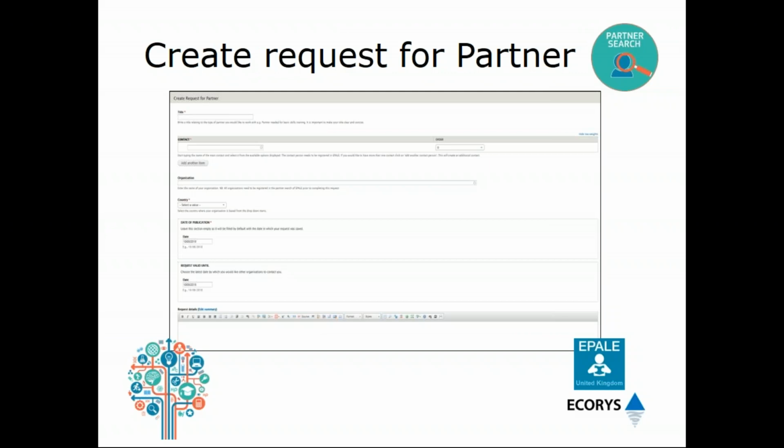So the contact person needs to be registered on EPALE and will appear once you start typing their name in. You have the option to add more than one contact here too. So simply click and drag to reorder the contact persons if required. And next you can include the full name of your organisation and the country that it is based in from the drop-down menu. Again, if you are looking for a project partner for a specific period, enter this into the